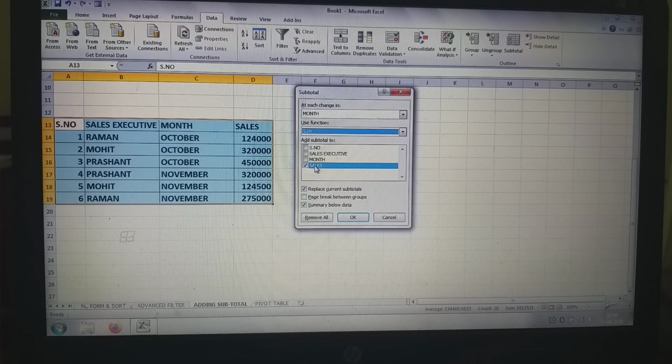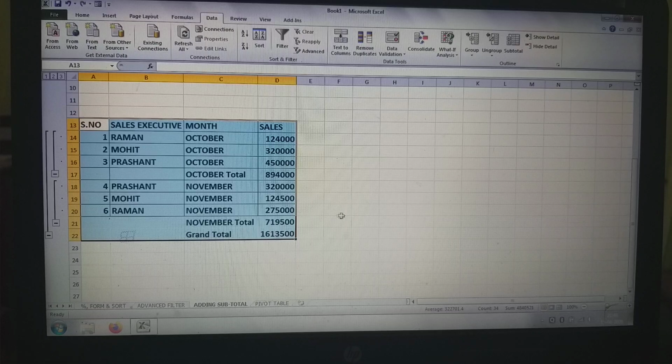See here, the summary below data checkbox is marked by default. It will place the total below the data of each month. Now click on OK and see what happens.